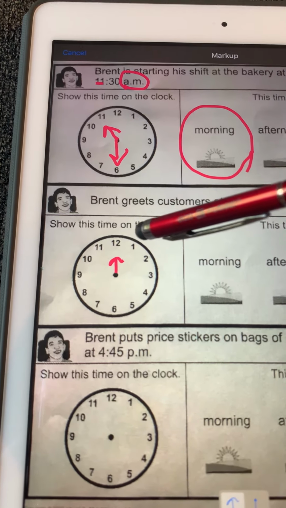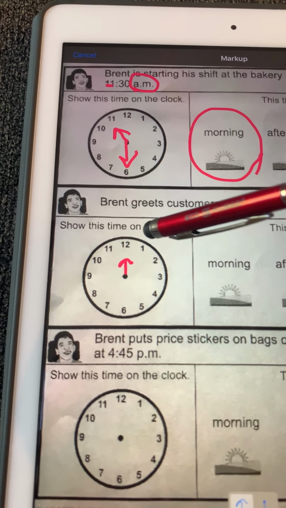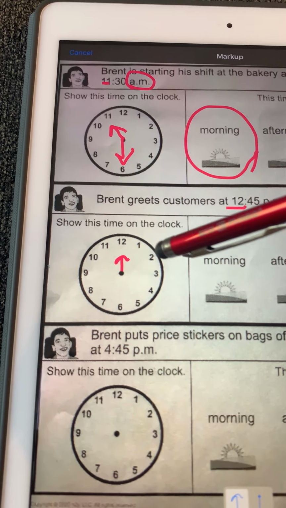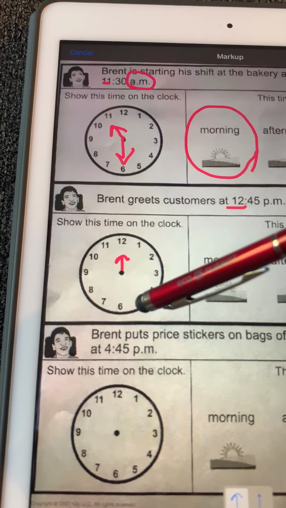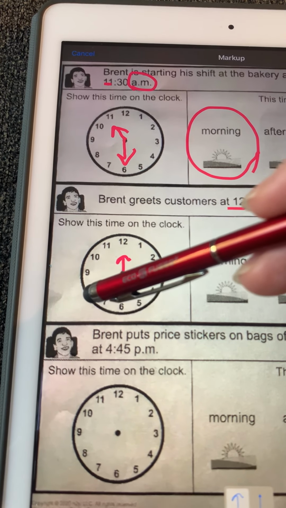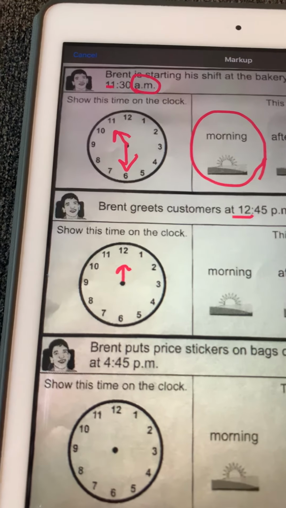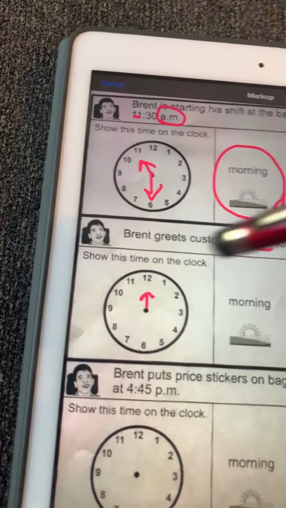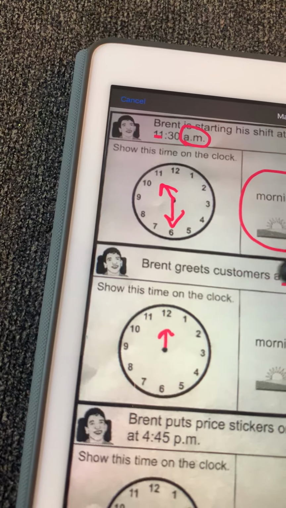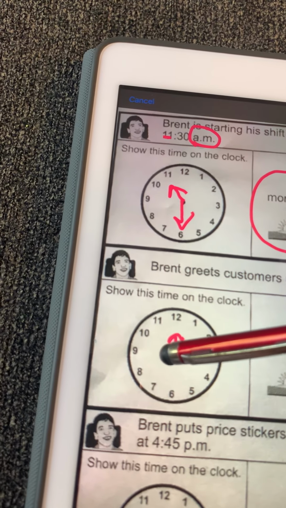So we're going to count. Start with our 1 and count by 5s. 5, 10, 15, 20, 25, 30, 35, 40, and 45. So the 45 minutes is on the 9. So let's see if Miss Tiffany can draw her